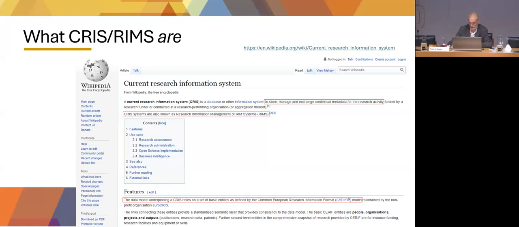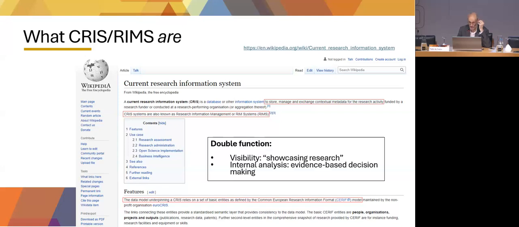This is critical, because having the information for one institution is great, but it's not enough. If you want to look into a specific subject for research, you would need to pull together all the input, and this is typically done at a national level or national CRIS systems or at a regional level. And then you need this interoperability based on the data model. There's a double function for these platforms, for these research information management systems.